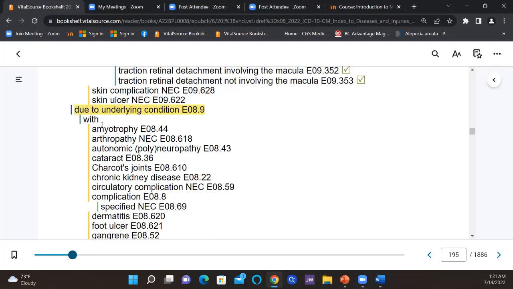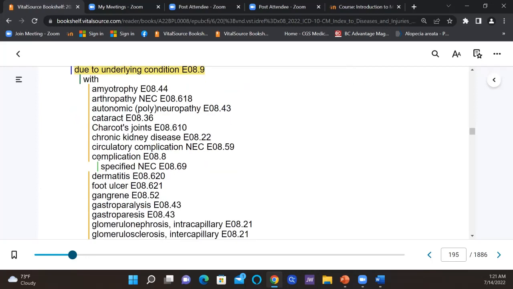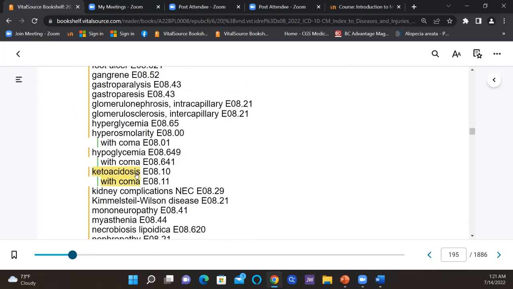Now, notice that word with again. So the patient had ketoacidosis, but they also had that with a coma. So our code here leads us to